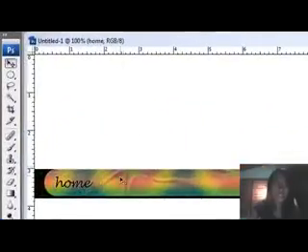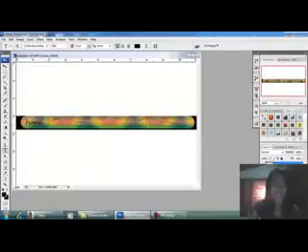And then for the shortcut key to create a new text, just simply press the T, then create again a new text. I'm typing contents. Then click again to the option tool.